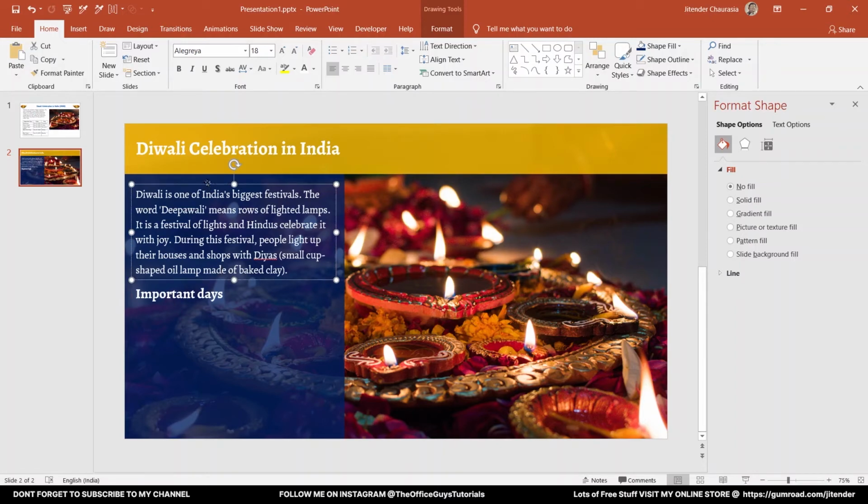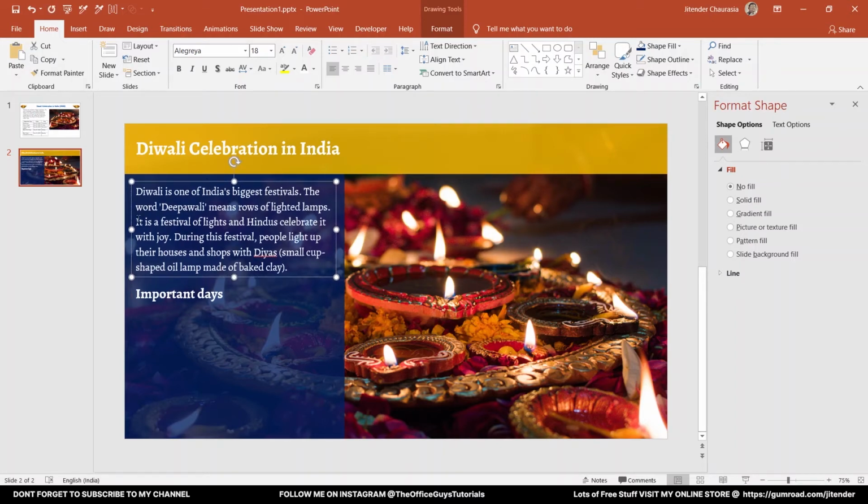Yeah, I think it's going to be too tight. Let me adjust the text a bit. Okay, fine. I'll press Ctrl C and V, align it, reduce the font size a bit, and type in day 1,